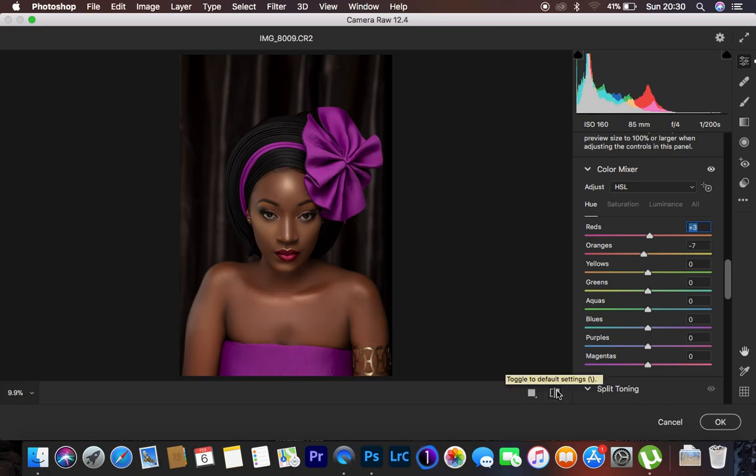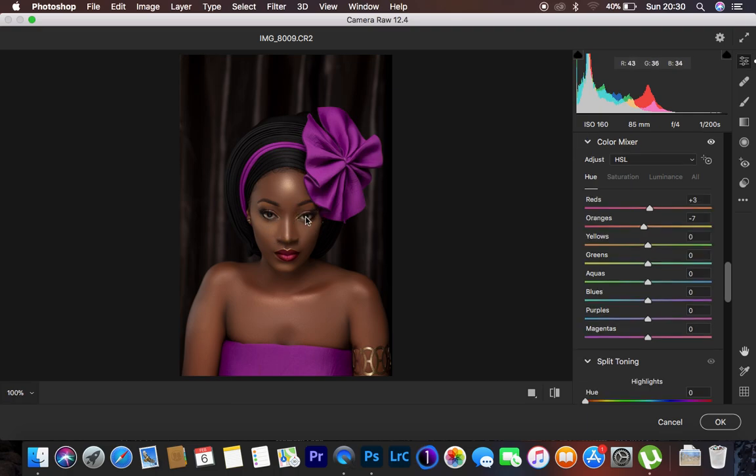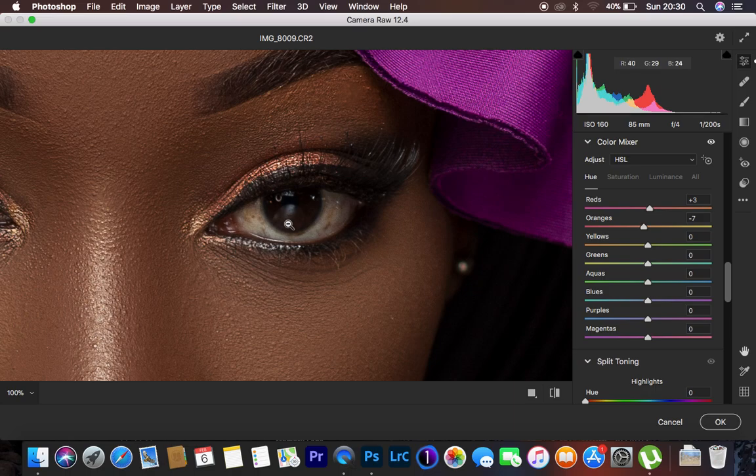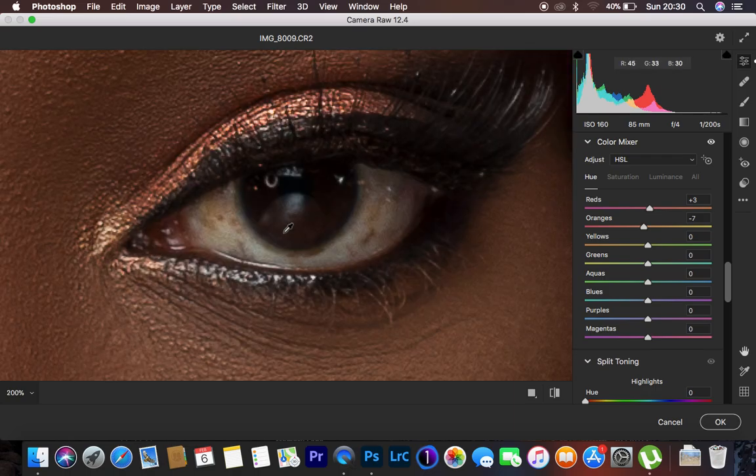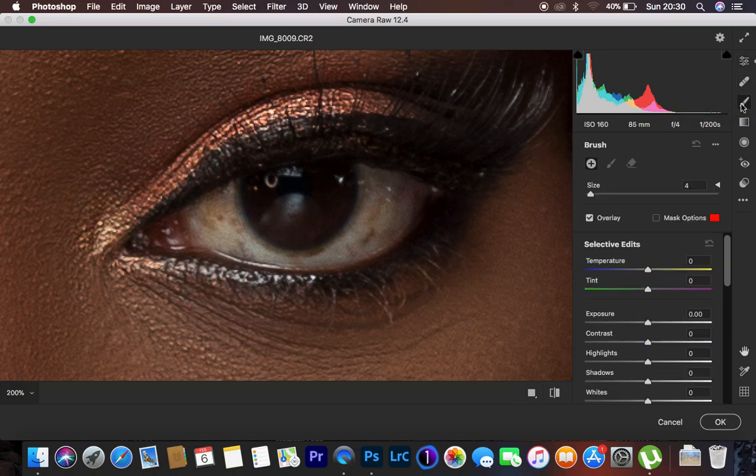So the next thing I want to do is the eye whitening for this model. So just simply click on the eye of the model with your zoom tool selected in the Camera Raw Filter, or you can use Control or Command plus to zoom into the eye. So just come to what we know as the adjustment brush tool in Photoshop. So how this works,